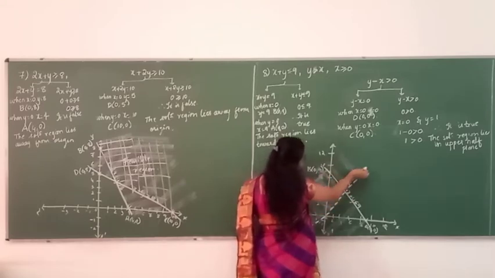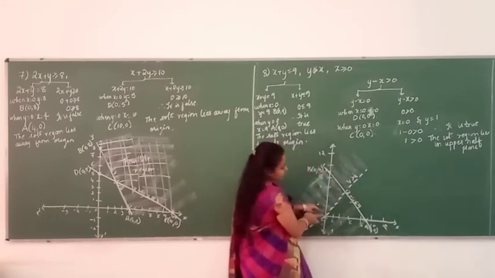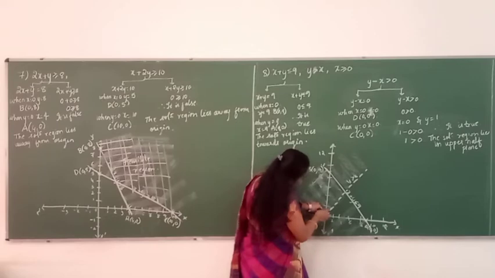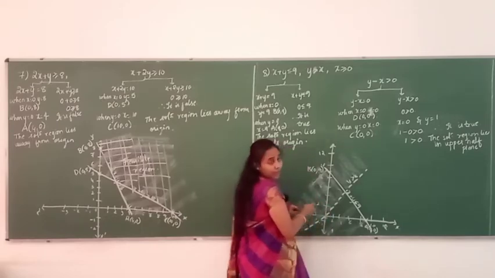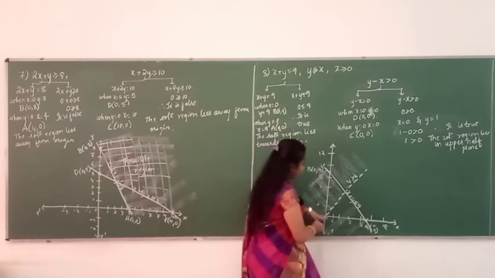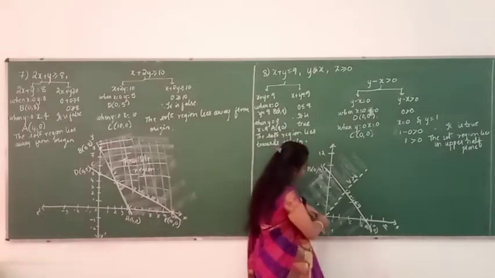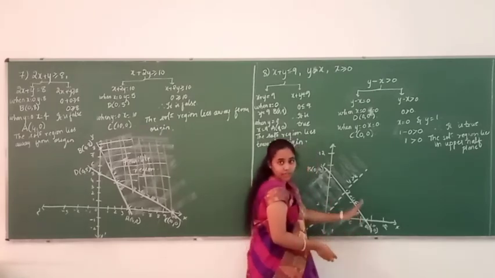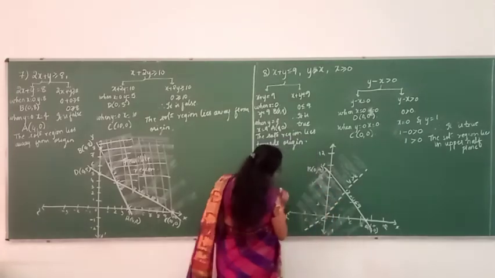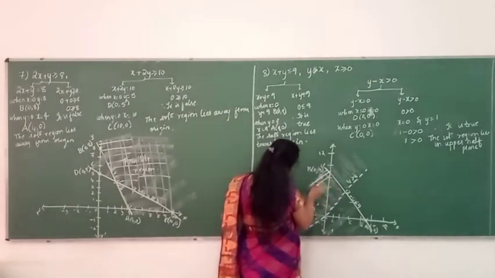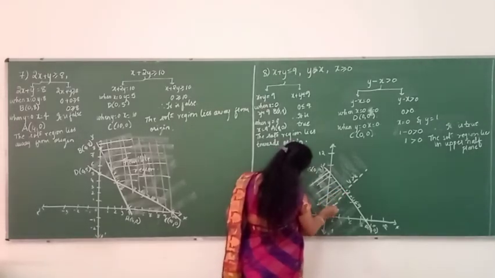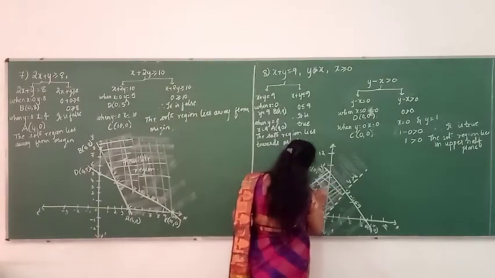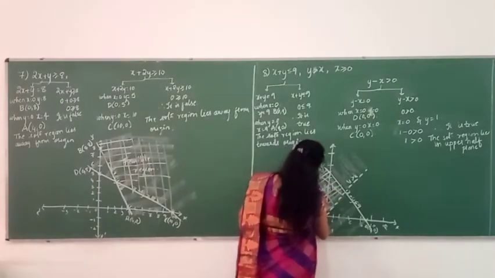Don't get confused with these problems. Okay. So which two points are you considering, x and y? Just check where the point will be lying, 0 and 1. So here it will be. So obviously it will come in the upper half plane. And the previous one, that is the fourth one, there we considered 1 and 2. Fine. So 1 was here and 2 was here. So where it was meeting here, the solution region was here. So we shaded in the lower half plane. So now just check where is the shaded region here. That is the feasible region. This is nothing but called a feasible region.